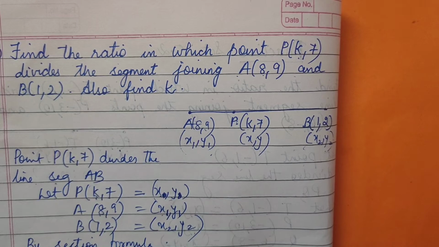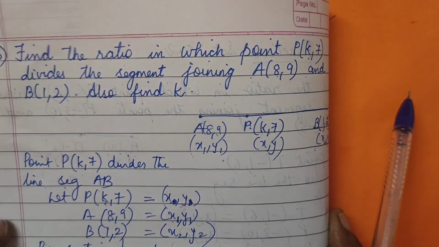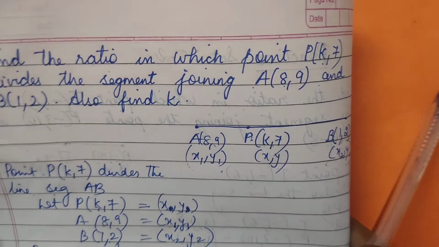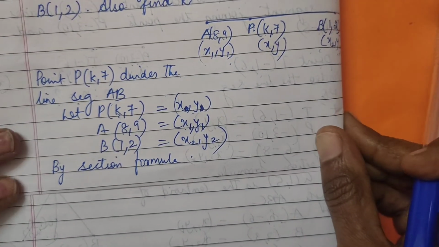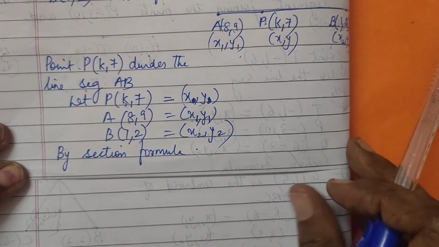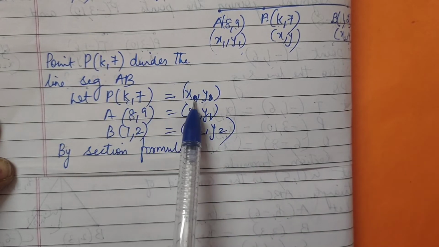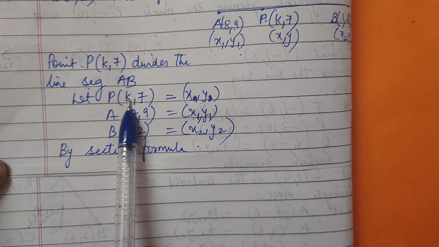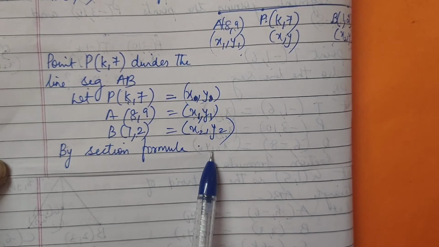Can we use the x coordinate formula or the y? As I said, we need not find both coordinates; there is no need to find both x and y. In the third sum we found x, and that was enough to get the m and n ratio. But here, in place of x, k has come, so it will be difficult for us to find it. So I am going to apply the y coordinate formula.